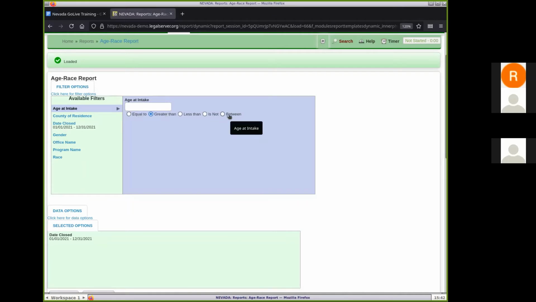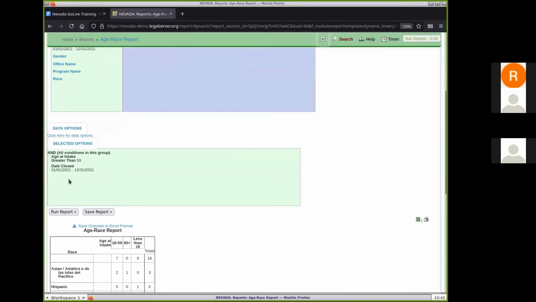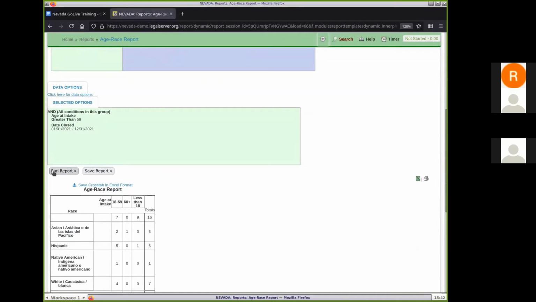is not, or between. So if I wanted to, for example, focus on, I saw at least one case where somebody was 60 or over. So I'll put 60, well, actually, I want to put in 59 because it's a greater than filter. So greater than 59. Notice as I made a change that shows up down here in the selected options section. Now, if I click run report,